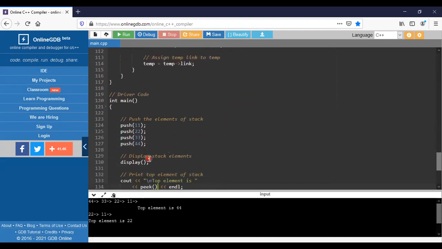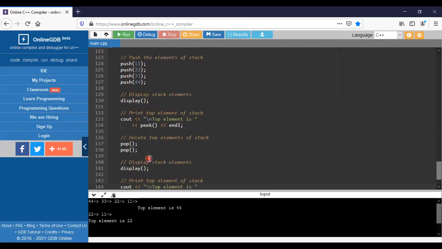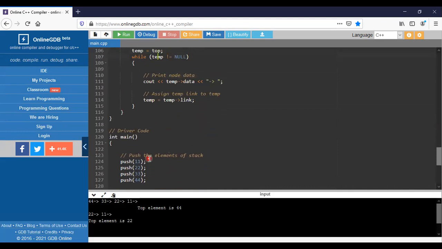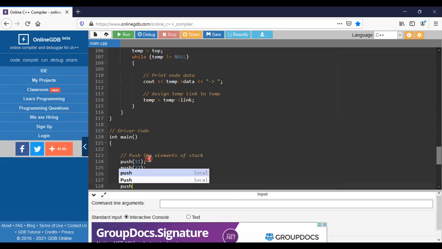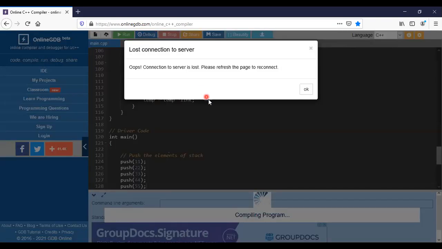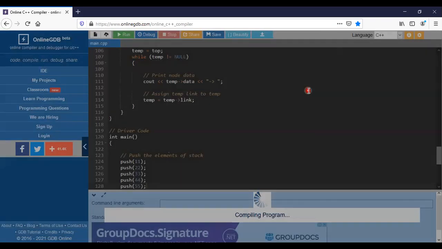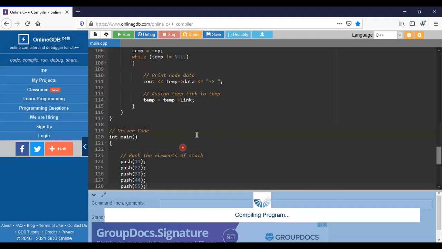How it is going to add or process: whenever you are creating a node, we need to insert a node here, not an element. We need to insert a node here for processing.